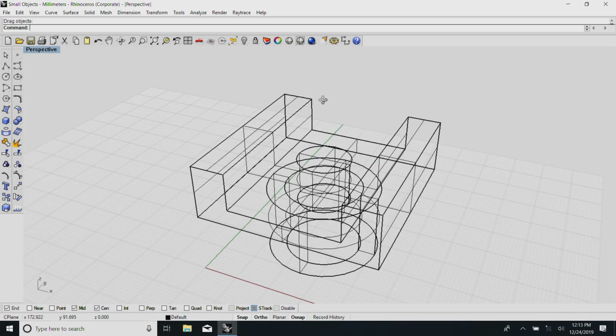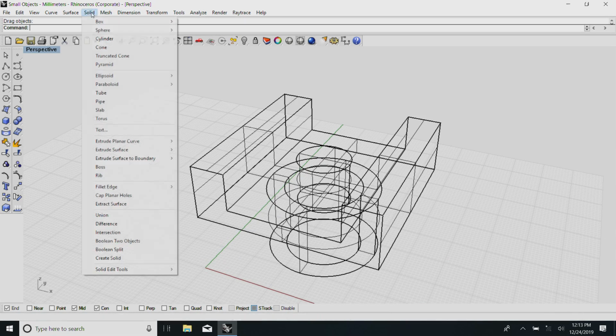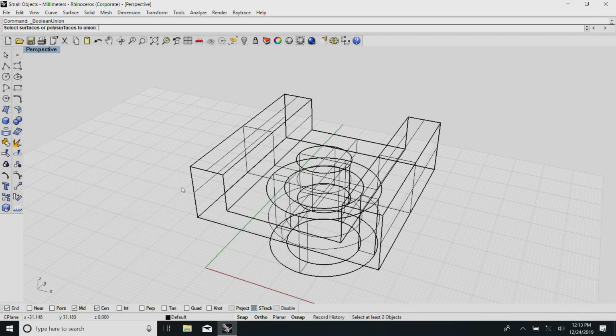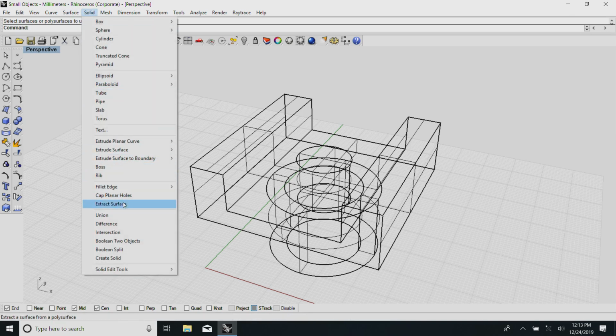This is the opening I am trying to make in this. Now, as before I try to make the union, I am sorry, the subtraction from this, you see what happens.